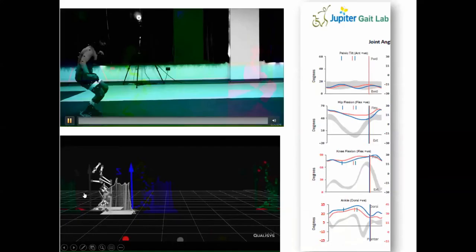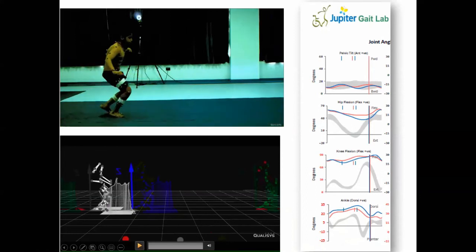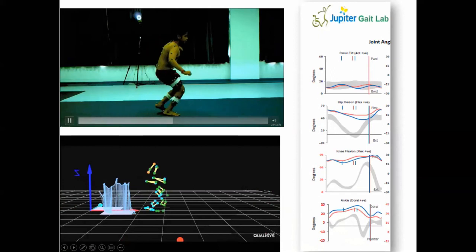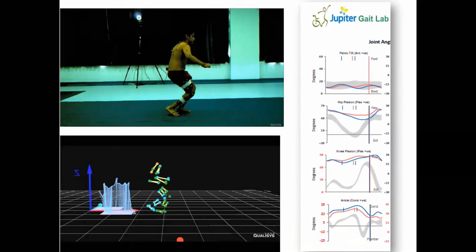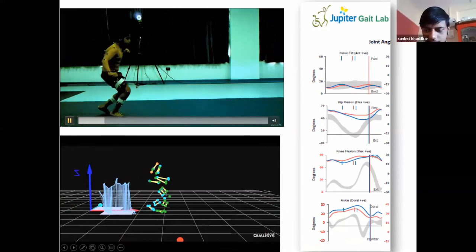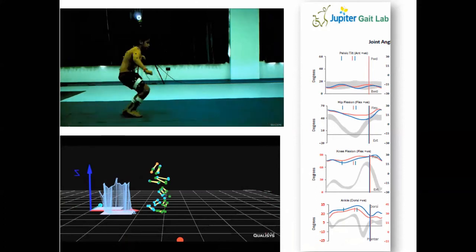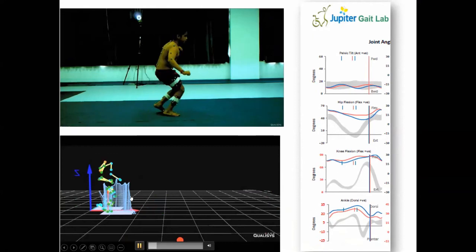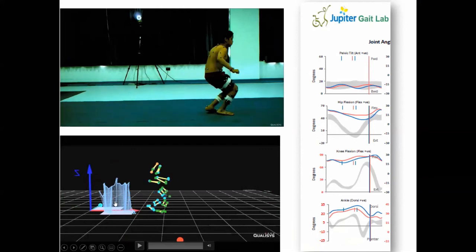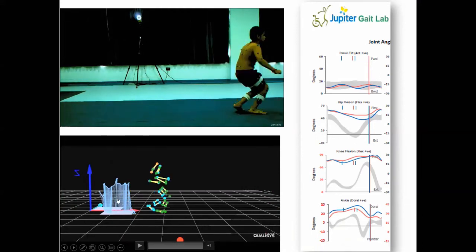So how walking is seen in gait analysis versus normal walking. On top you see a video of a child who's been shot with a normal video camera. Are you able to see this? Sanket, are these videos visible? Okay. So this is a child walking, and this is how a gait lab sees. So what we see are multiple markers, and the computer makes images with these markers. And what you see here are these blue lines, which are the ground reaction force.